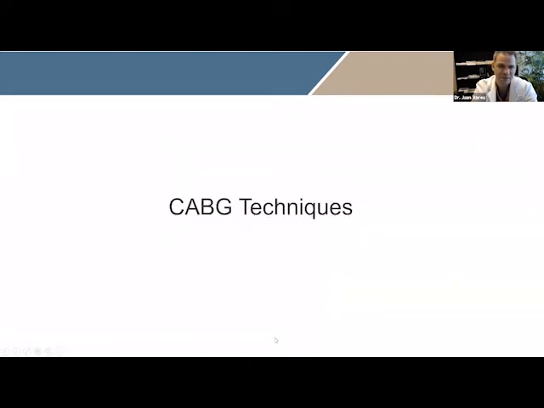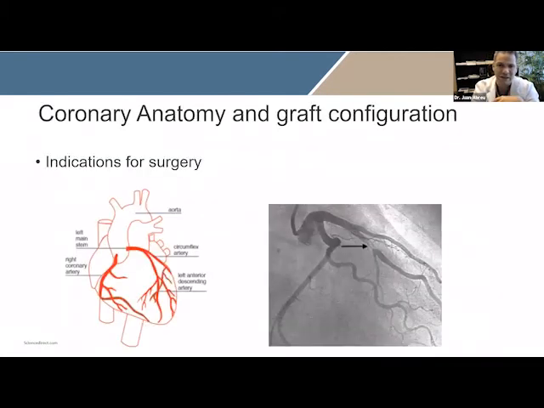All right. So now we know what coronary artery disease is, what the consequences are, and how this came to be one of the most commonly done surgeries in the world. So how can it be done? All right. First off, we have to look at the anatomy of the blood vessels, right? So we look at it and we see that the heart, like we talked about, is a pump that needs fuel to function. So you will have a left-sided artery and a right-sided artery that will supply your heart.